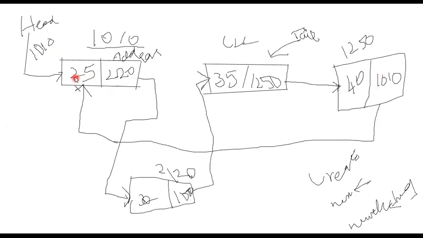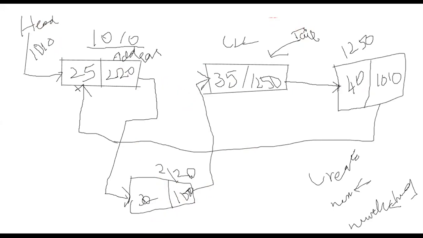But the nodes are going in a linear way. If you want to add, you are not going to touch head or tail. You are just going to insert in the middle. The same way what you have done in your single linked list, the same way we are going to do here also. Double linked list it will change, but here also the same way we have to do.